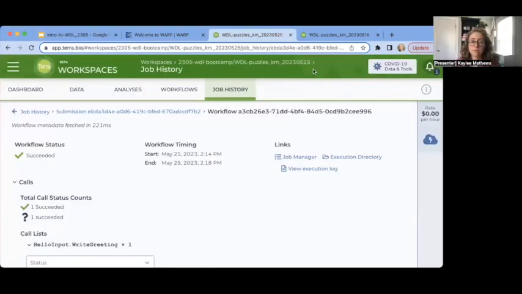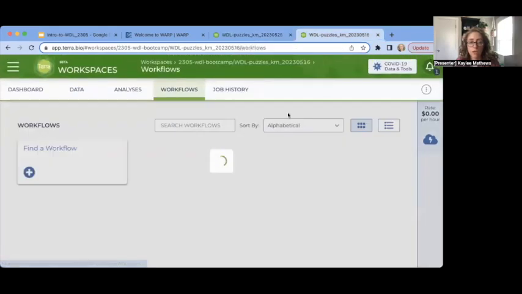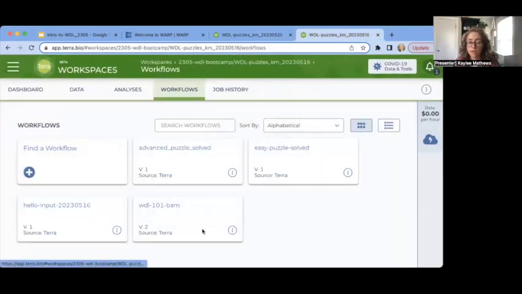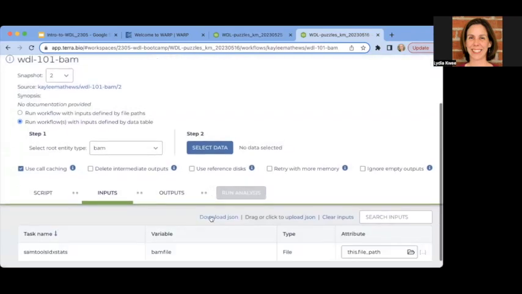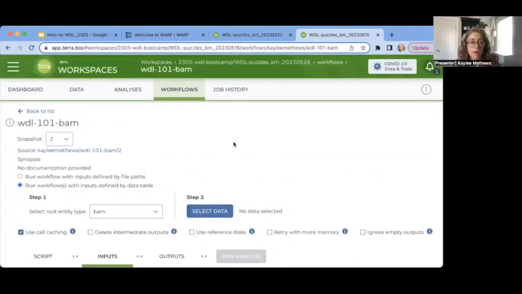Okay, so you've gotten to the point of getting your workflow in Terra. Yeah, I ran it and it failed, and I found the error. I didn't pull my Docker version, I didn't use the right tag on my Docker. Okay. So I need to fix that. Okay. So what you can do